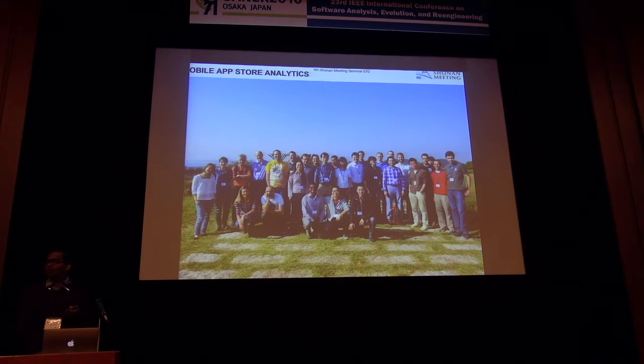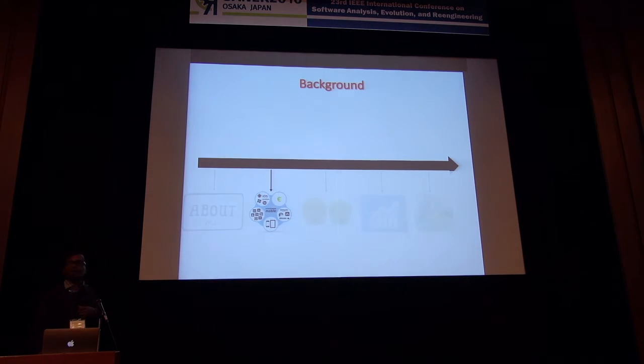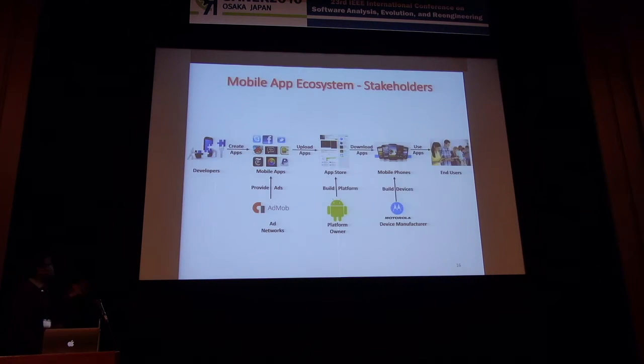But what are these mobile applications? Just to give you some background, this is the ecosystem that they are in, and the different stakeholders in the ecosystem. There are developers who may build these apps, but they include advertisements or analytics in their applications that are provided by other developers. Then they release it in something called an app store, and I will briefly touch upon why this is important a little bit later on. This app store, for the most part, is provided by platforms like the Android platform or the iOS platform, but there are also a lot of third-party stores.